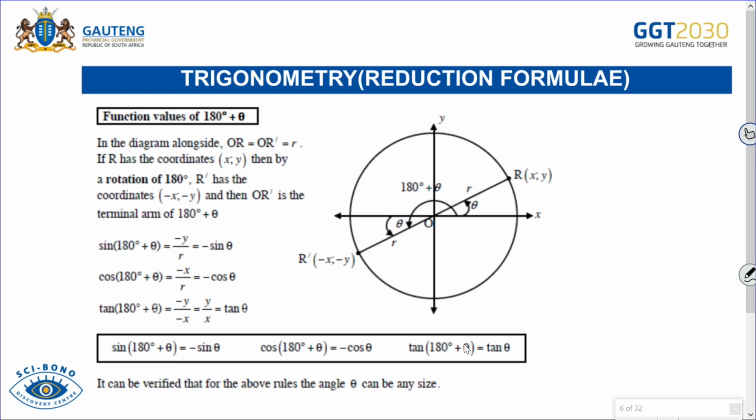So now you've got this. You still have your side OP, given as OR, which is x is to y. So if I reflect this thing by this line, then it's going to be this side which is negative x. The value of x changes to be negative, and the value of y is going to change to be negative y. Okay, so if I've got sine of 180 degrees plus theta,